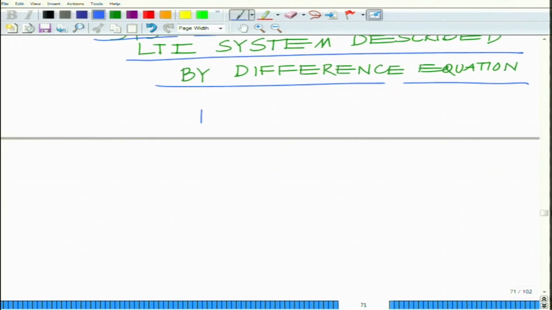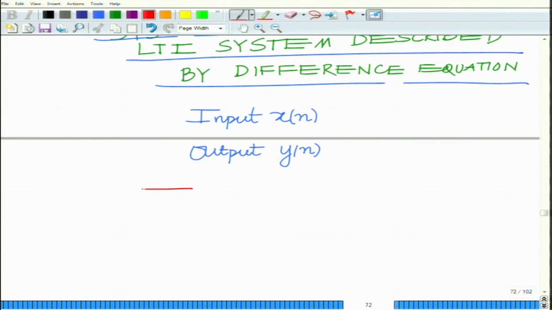Consider an input x[n] and output y[n]. Then the difference equation representation is given as follows: